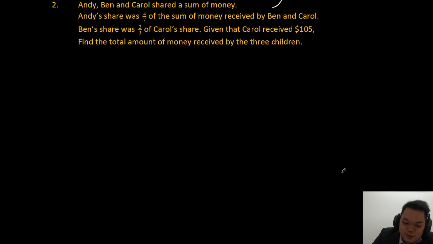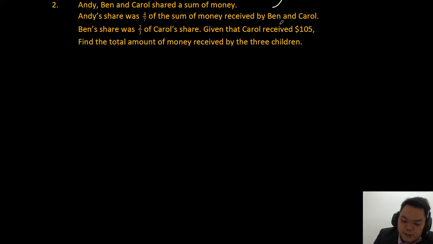Okay, anyway, let's go on to number 2. Number 2 will be on repeated identity. This repeated identity is a very central idea in model drawing. All the way up to the end of P6, this will be a very central idea that you need to know by heart. So Andy, Ben, and Carol shared a sum of money, and this sum was 4/7